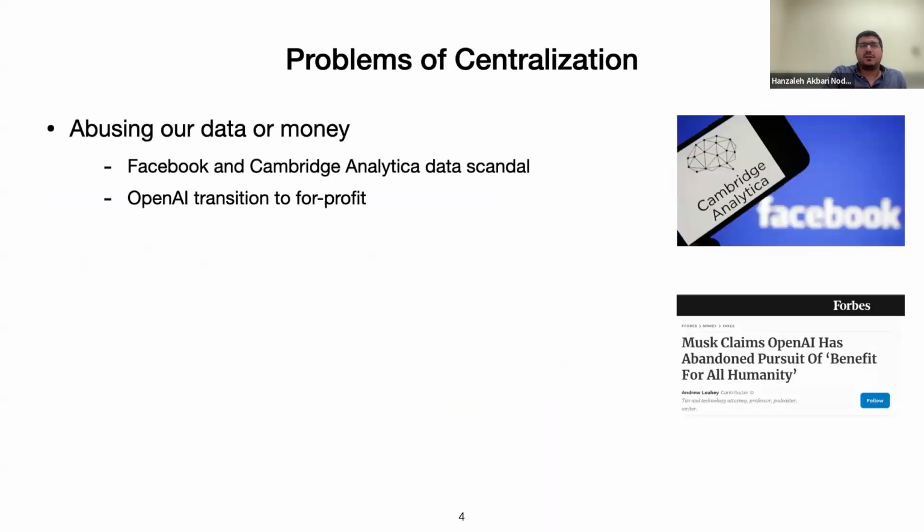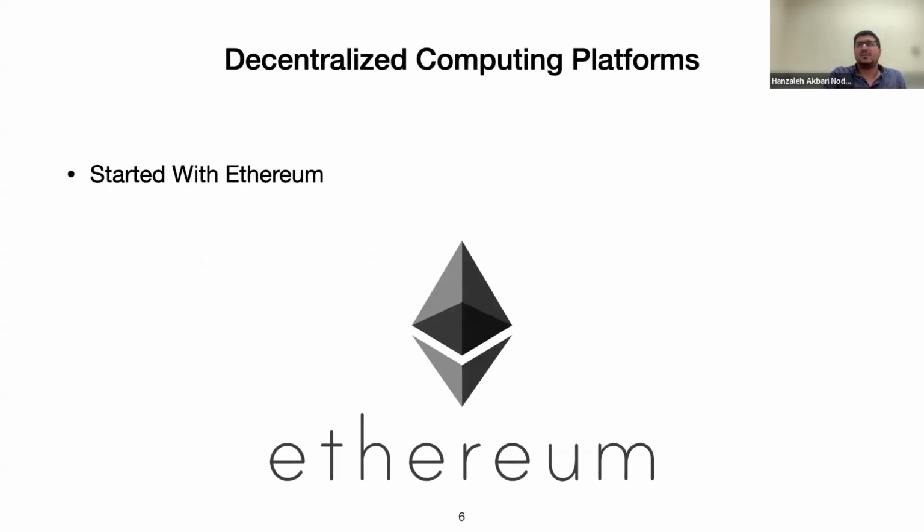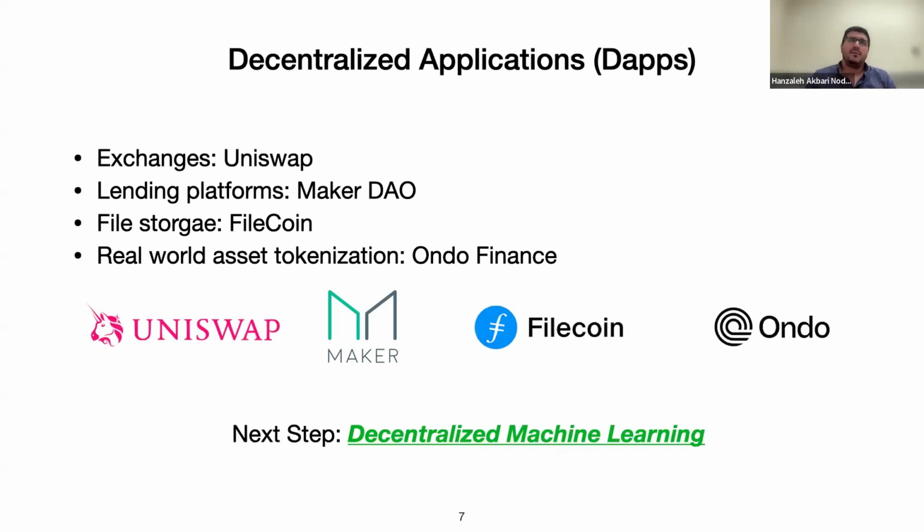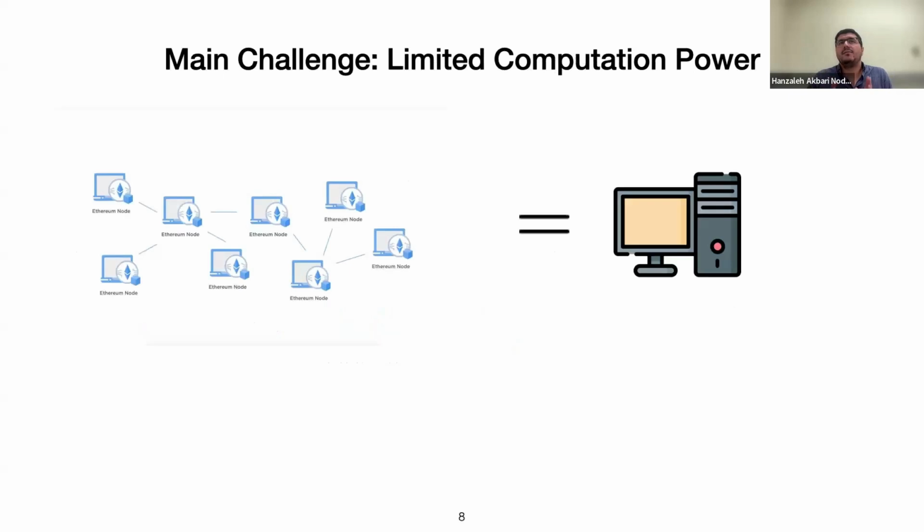I'm pretty sure that everybody here agrees with me that blockchain is good and we have lots of decentralized applications. So let me choose the starting point here. We have lots of decentralized applications, and most of them are very beneficial. We have Uniswap, Maker, Filecoin, and so on. And nowadays, specifically in the last years, people are talking about decentralized machine learning from different directions and perspectives. So the main challenge to have a good decentralized machine learning based on blockchain is that we have a